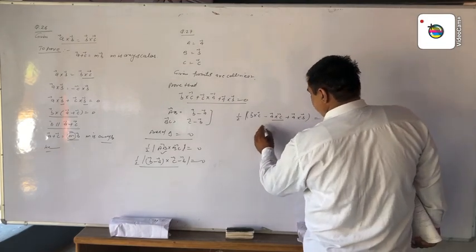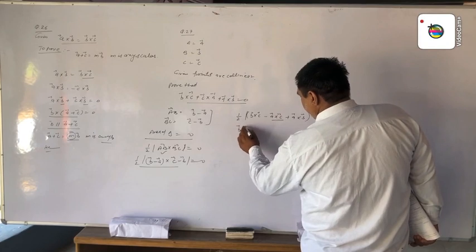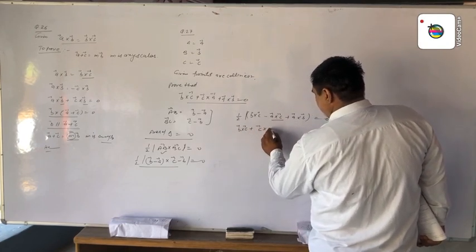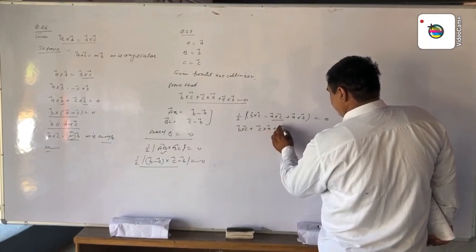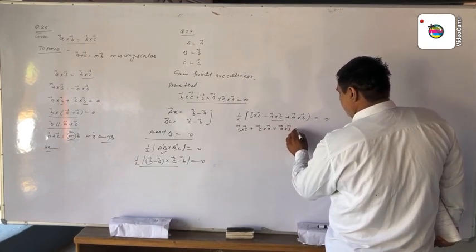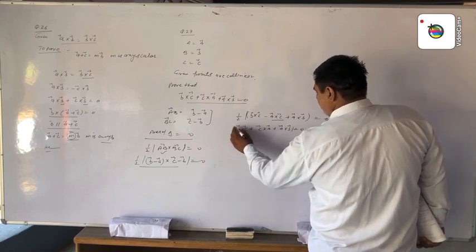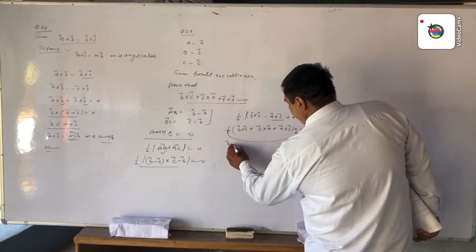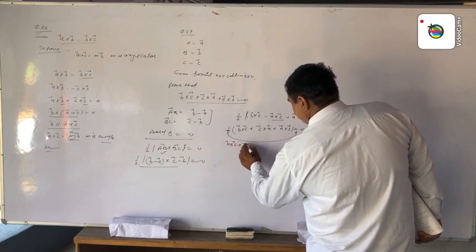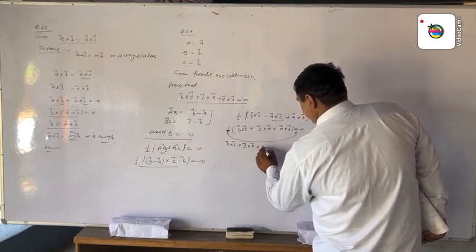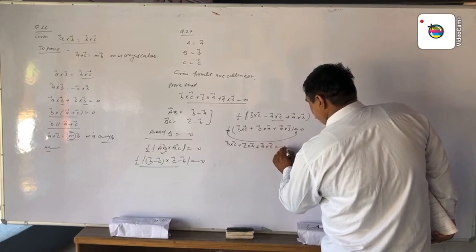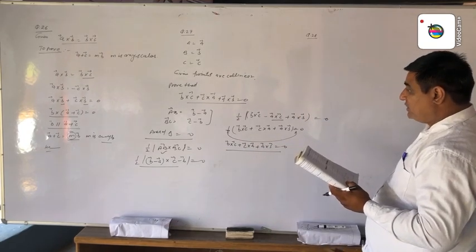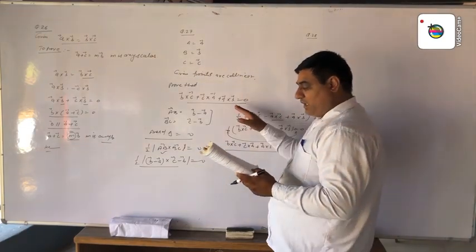Now we transpose these vectors: vector B cross vector C, plus, changing the direction, vector C cross vector A, plus vector A cross vector B equal to 0. Then 1/2 also goes to 0. We get this result: vector B cross C plus vector C cross A plus vector A cross B equal to 0. Hence the result. The normal of the plane containing these vectors A, B, C is in the direction of this vector.